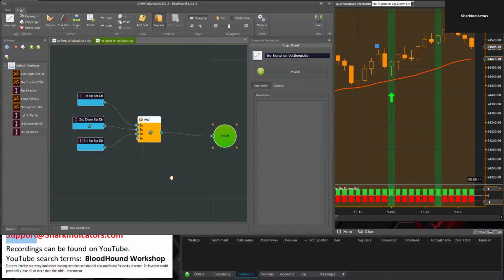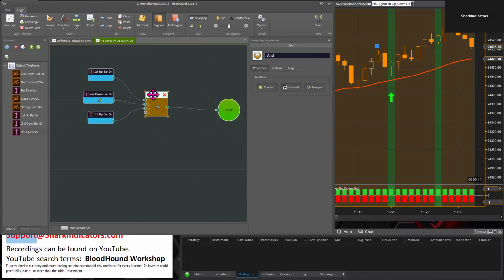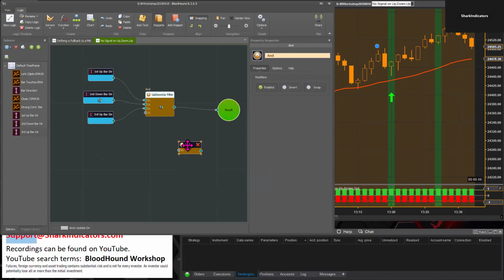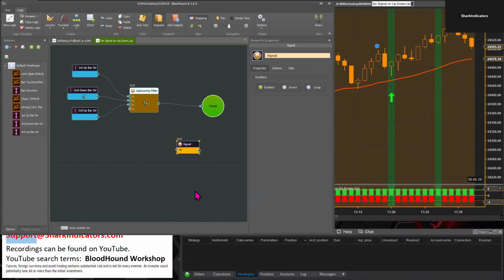And then finally, this guy here, we'll just call this your up, down, up filter. All right, so that's just a filter. So then ultimately, whatever your signal source is, right? So whatever your system is, it's going to have an AND node,